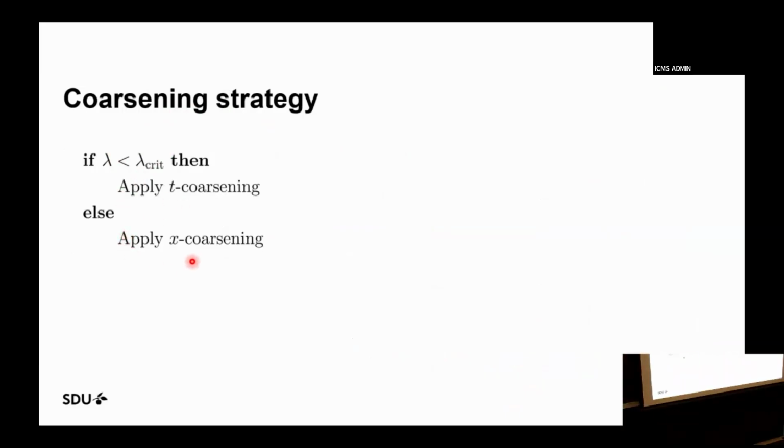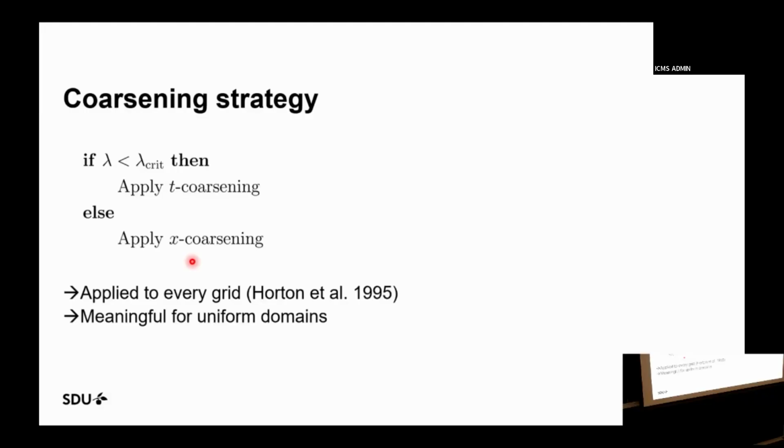So that leads to this very simple coarsening strategy, where if lambda is smaller than a threshold, then we do time coarsening, otherwise we do space coarsening. And we apply this to every grid in our hierarchy, as proposed by Horton and others. So this is quite simple. However, it's mainly meaningful in the context of uniform domains, because